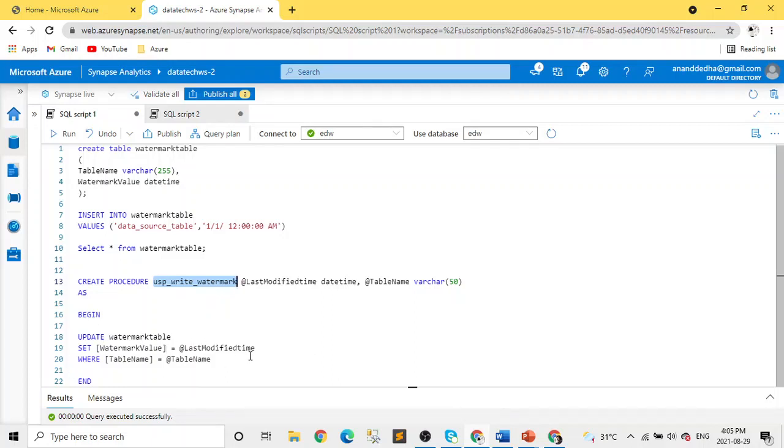And what are we doing? Basically, we are updating the watermark table, both values, watermark value and table name, whatever parameters we pass, it will be set to those new values. So the watermark value will be set to the last modified time, and the table name we pass here will be set to that. So it's easy, it's basically updating the watermark value in the watermark table for the table which we passed as a parameter. Okay, now let's jump to